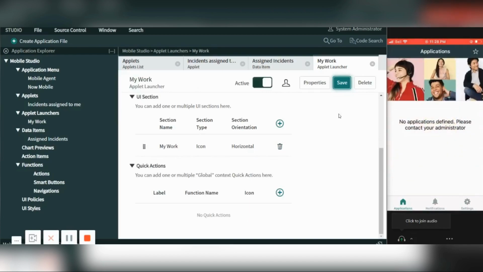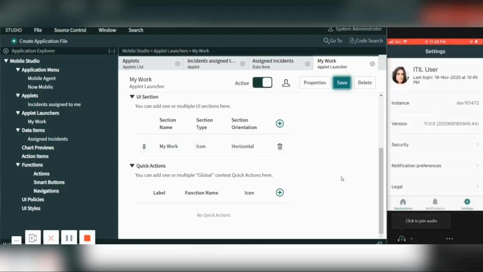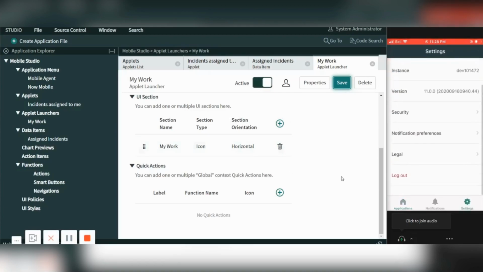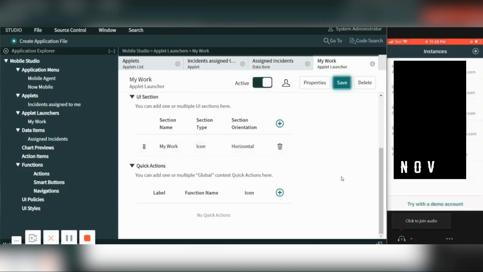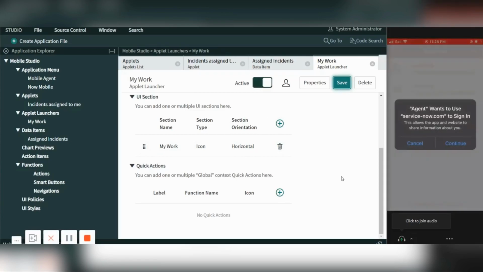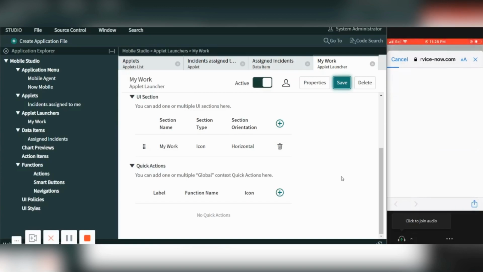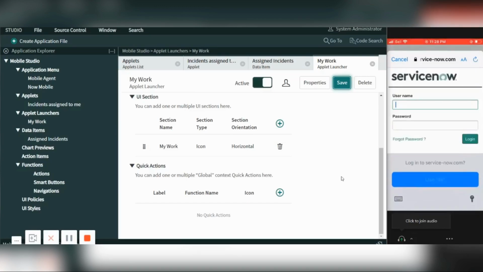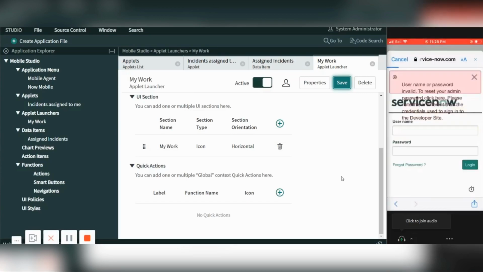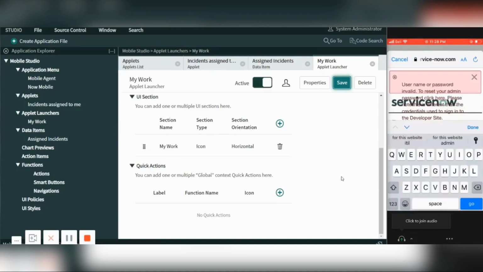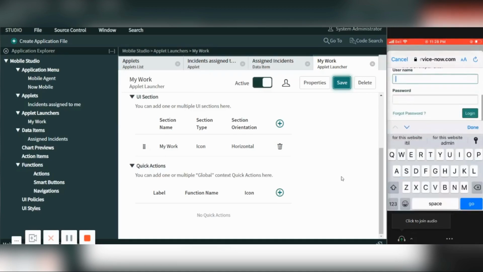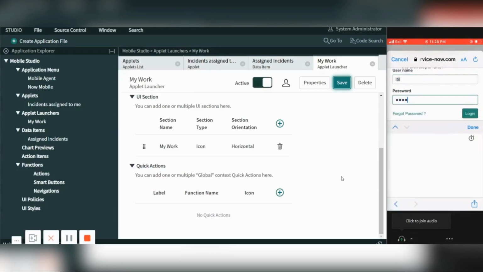Okay, so it's not showing. Let me log out and log in. This is the dummy account.